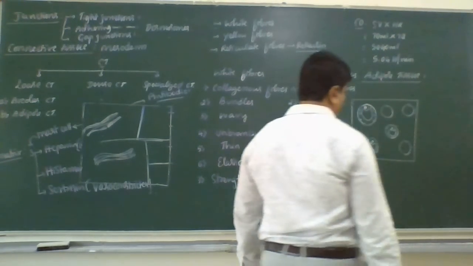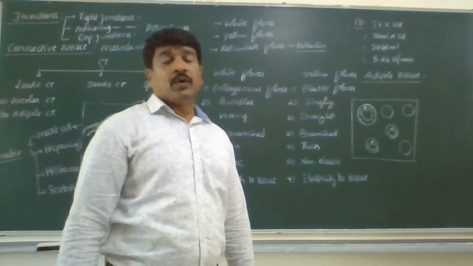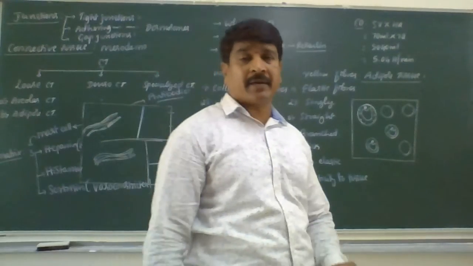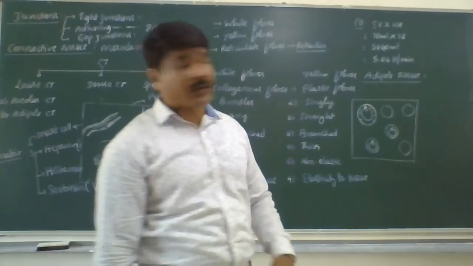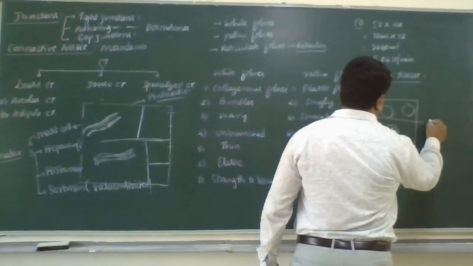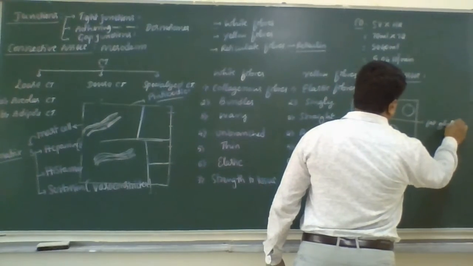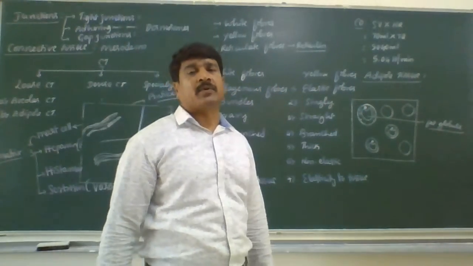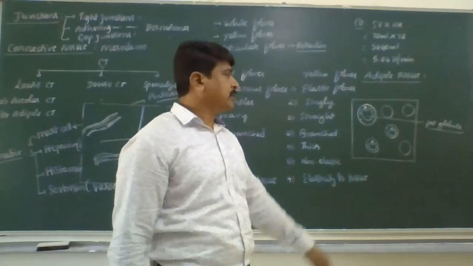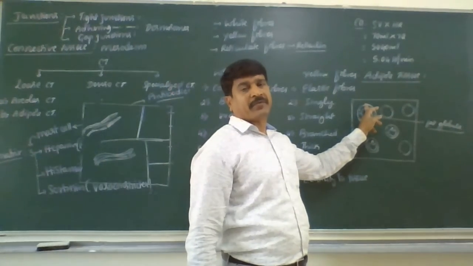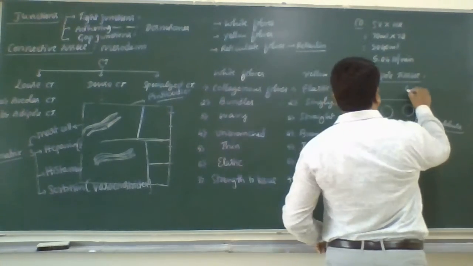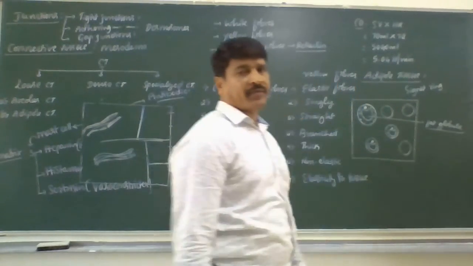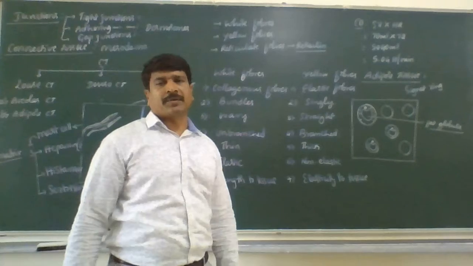Adipocytes. Initially, the adipocytes have numerous small fat globules. Later, all these small fat globules unite together to form one large single fat globule. This is called the fat globule. It pushes the nucleus and cytoplasm towards the peripheral region, forming a signet ring. I think it is very clear for you. So this much you should remember about the structure.